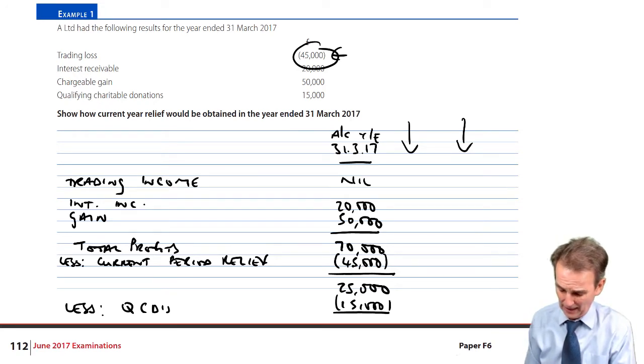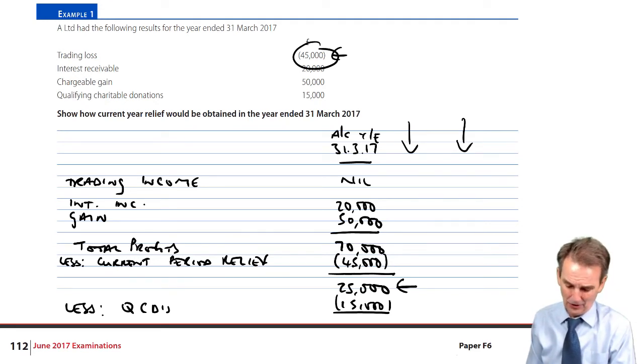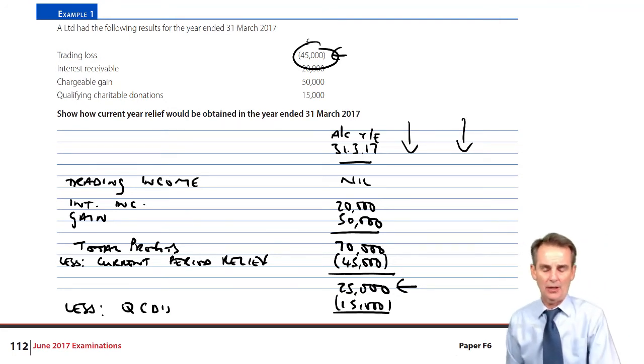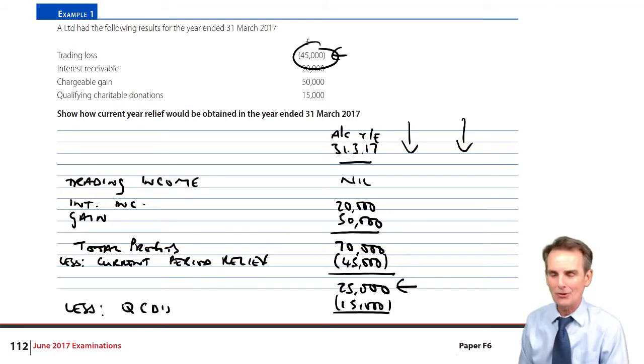So none of those have been wasted. As I said, if the loss here had been bigger than 70,000, the figure there would be nil, and all of the £15,000 donation would have been wasted. Now, of course, during the accounting period, your accounting information should have been such as to tell you you're going to be making a loss. It's hardly a clever time to be making a donation to a charity, therefore. Now, although it's therefore unlikely in real life that you'd see that happening, in exam questions, it happens all the time.